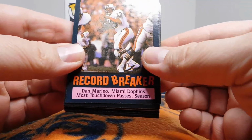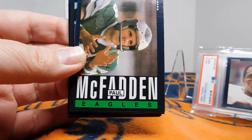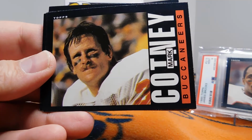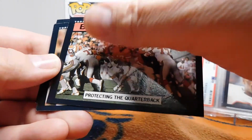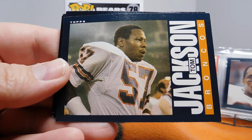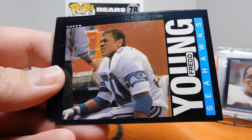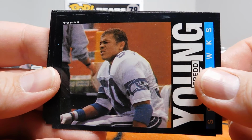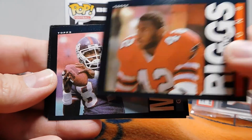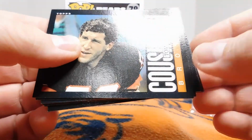All right, that's pretty sweet. We've got a Dan Marino record breaker in pretty good condition considering. Then we got a Paul McFadden. And then here's that Buccaneers card, protecting the quarterback. We've got a Mark Cotney, Tom Jackson. Many of you may know him as an analyst. There's a Fred Young rookie card right there. Gerald Riggs, very talented running back in the day. Zeke Moat. Then we've got Tom Costello,